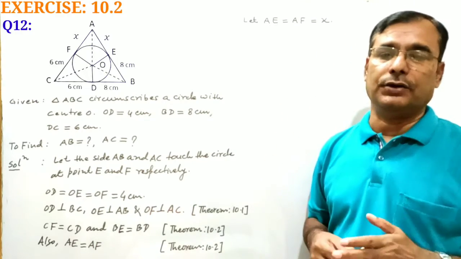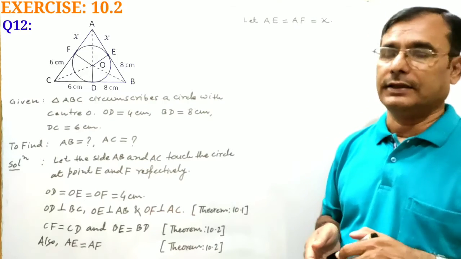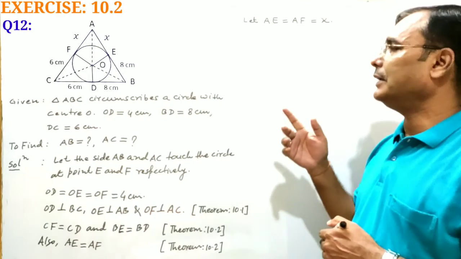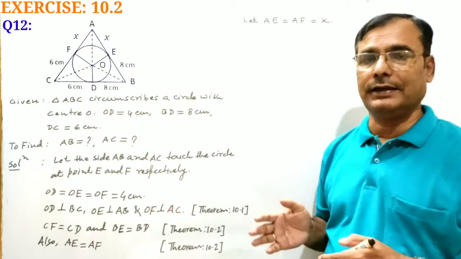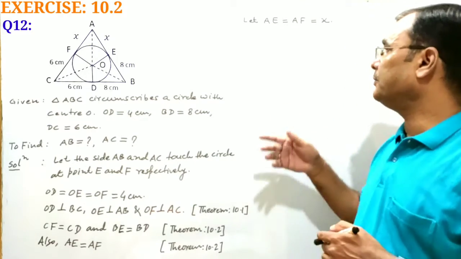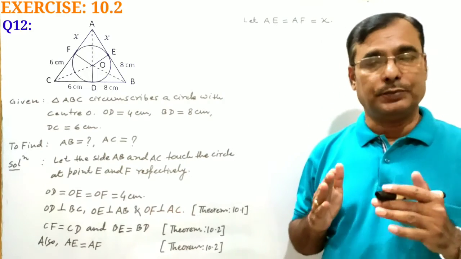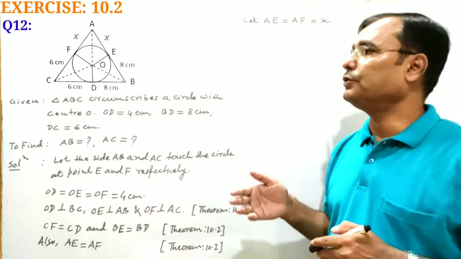If we can find out value of x, then easily we can find the length of side AB and AC of triangle ABC. So to find value of this x that we have supposed, we are going to find out